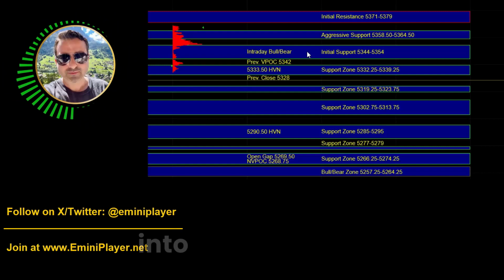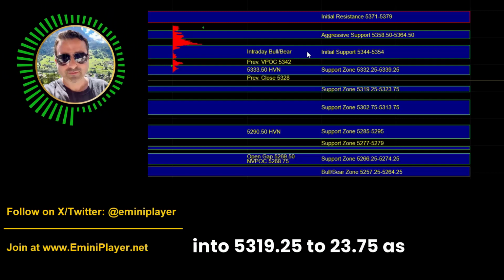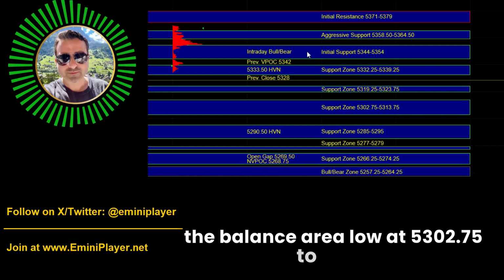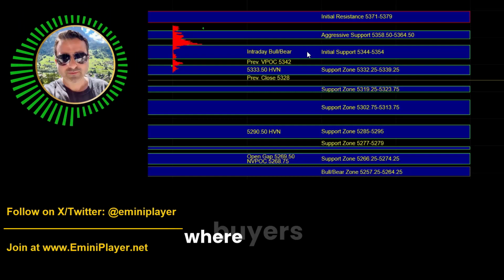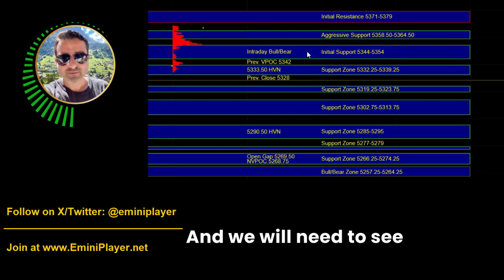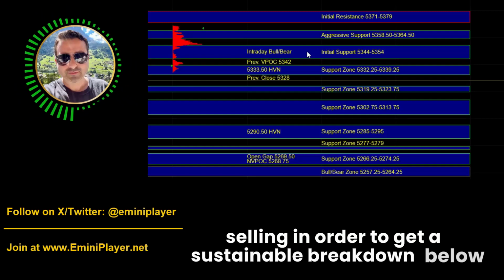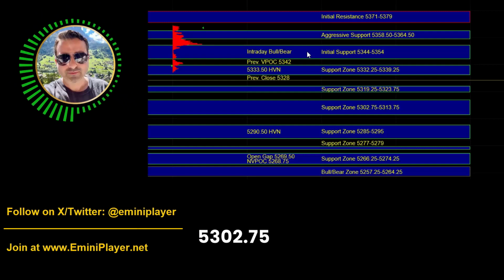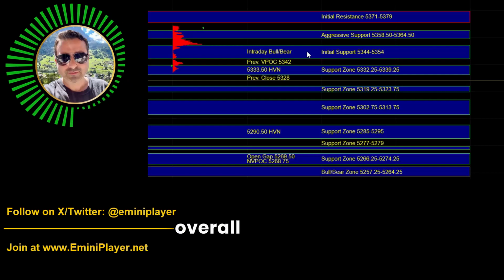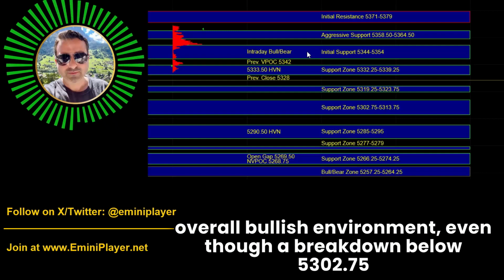ES can liquidate into 53.19 quarter to 23.75, as well as the balance area low at 53.0275 to 13.75, where buyers can still be active on first test, and we will need to see signs of initiative selling in order to get a sustainable breakdown below 53.0275 to 13.75. And because we're still in an overall bullish environment, even though a breakdown below 53.0275 would serve